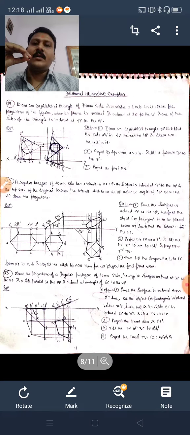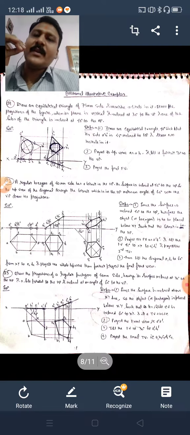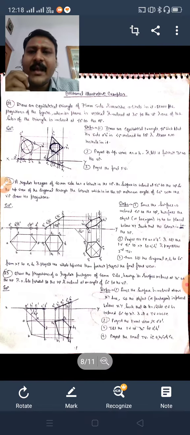Till yesterday, I have completed projection of planes, and I have given you some assignment questions. But some of you have messaged me personally that some types of questions you are not able to start with. So that's why I am here, and I want to explain those questions also. They can also be done by the method which I have explained you so far, but there are some other methods.